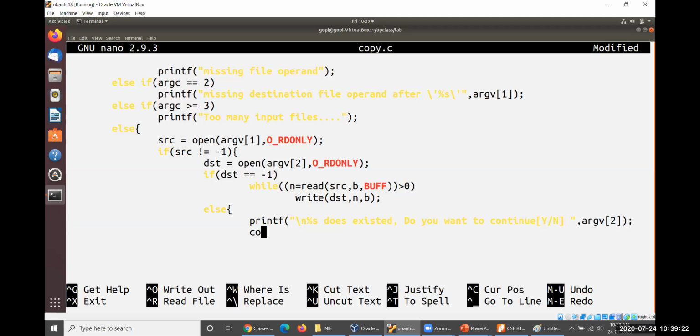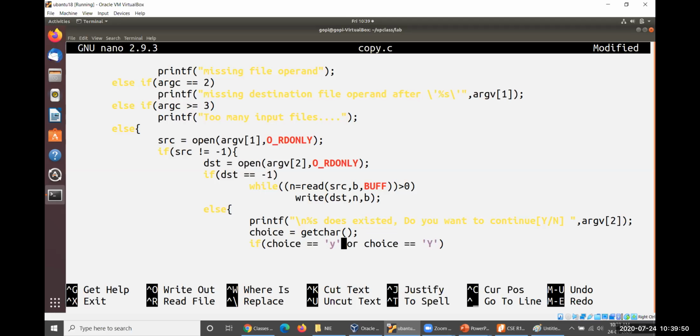Choice will be equal to getchar. You have to take the input for choice. If choice is equal to capital S or small s, or choice is equal to capital S, then what shall we have to do?